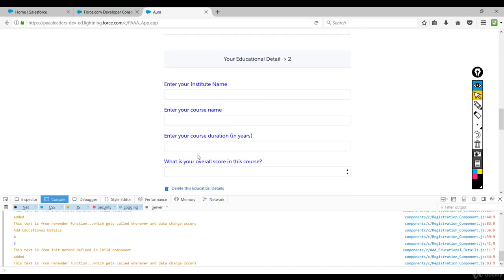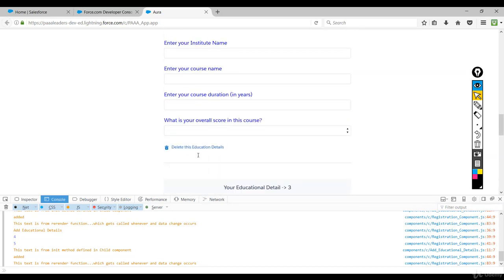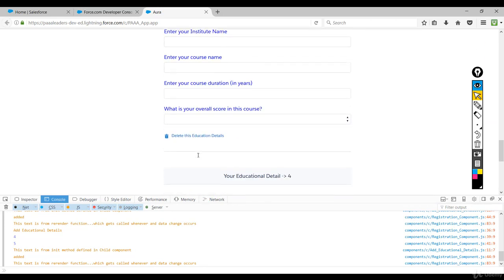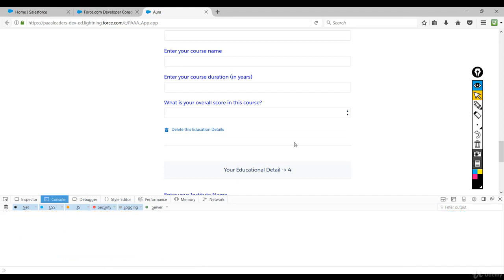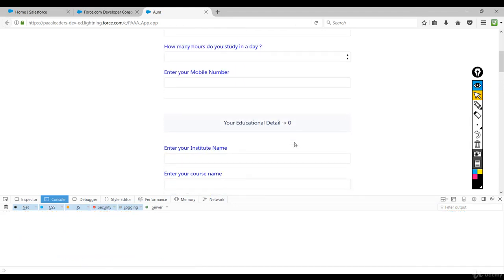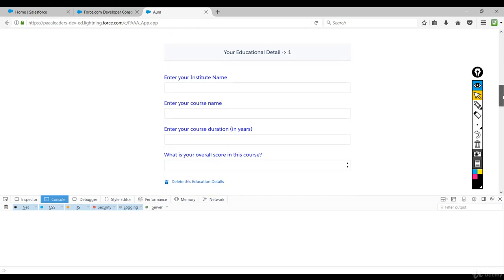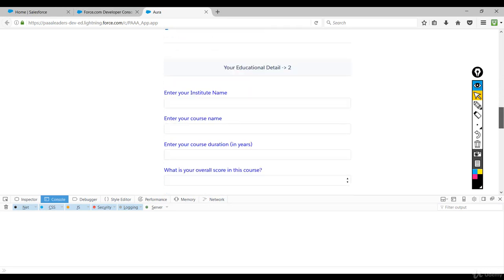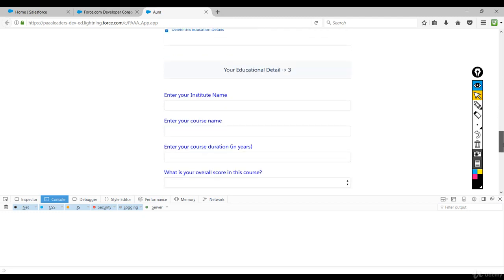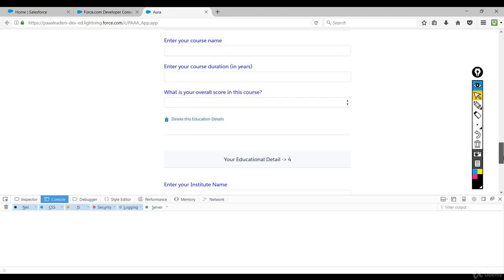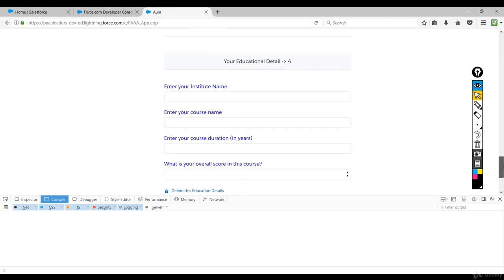So 0, 1, 2, 3, 4. I have 5 components with index number 0, 1, 2, 3 and 4. Now if I delete the component with the index number 0, then for component number 2 having index number 1, for component number 3 with index number 2, similarly for component number 4 with index number 3 and component number 5 with index number 4,